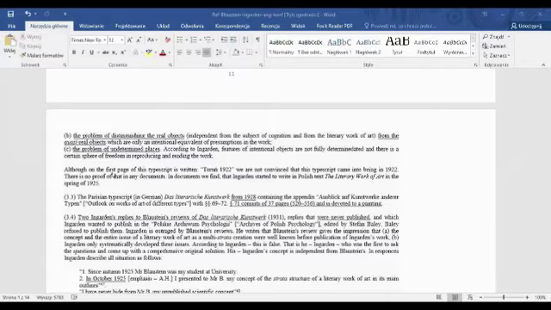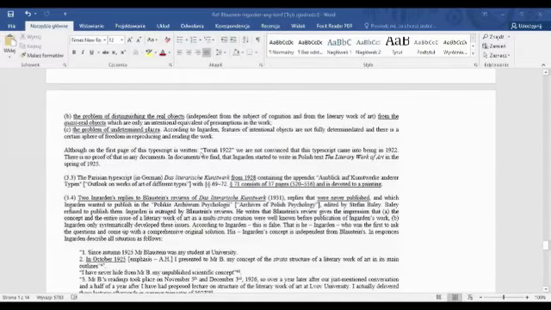Although on the first page of this typescript is written Torun 1902, we are not convinced that this typescript came into being in 1922. There is no proof of that in any documents. In documents we find that Ingarden started to write in Polish text the literary work of art in the spring of 1925, not in 1922. And third